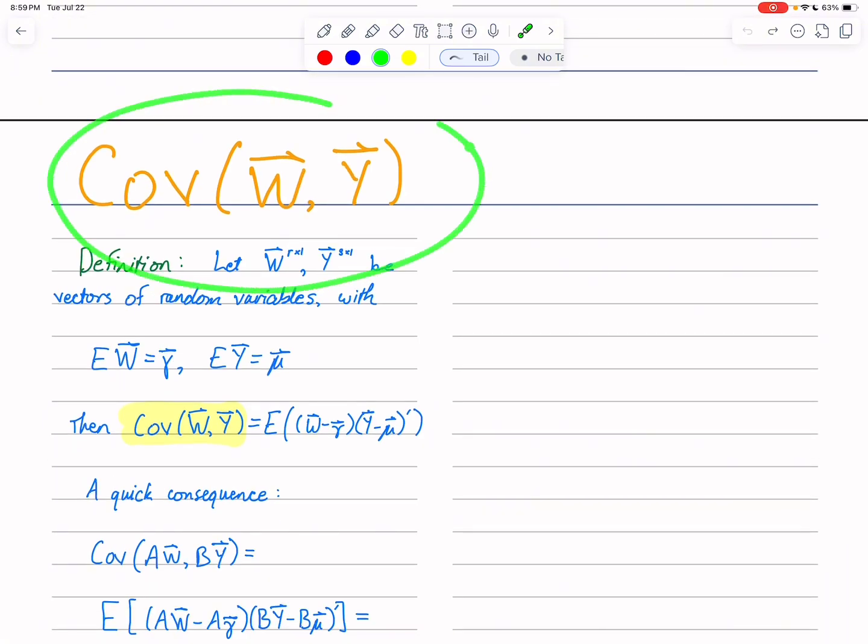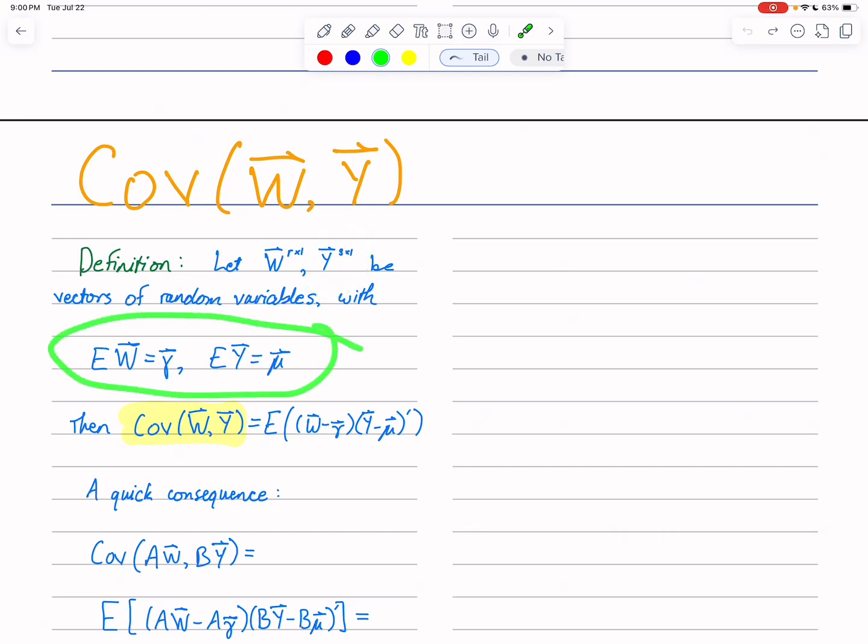So to start with, we're going to give a definition for the covariance of two random vectors, and they don't even have to be the same length. W could be a random vector of length R, Y could be a random vector of length S. Let's use the notation that the expected value of W is gamma, and the expected value of Y is mu. And then the definition of the covariance of these two random vectors